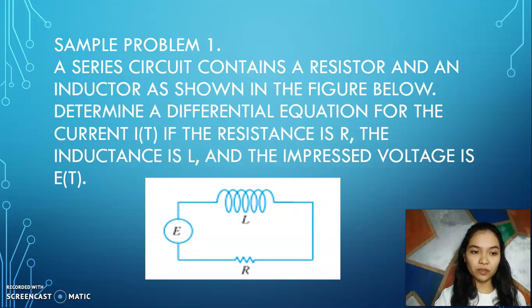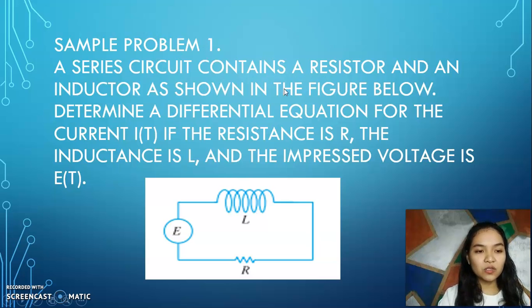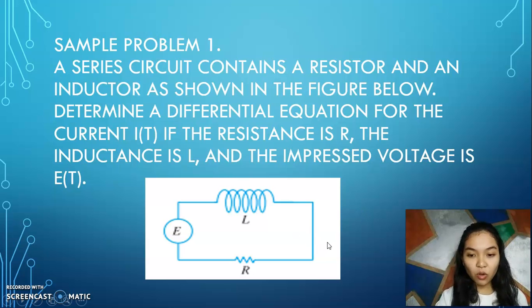Now let's cite example number 1. A series circuit contains a resistor and an inductor as shown in the figure below. Determine a differential equation for the current I sub t if the resistance is R, the inductance is L, and the impressed voltage is E sub t. In here, we can see that there is no capacitance. And by using the equation, the mathematical model,